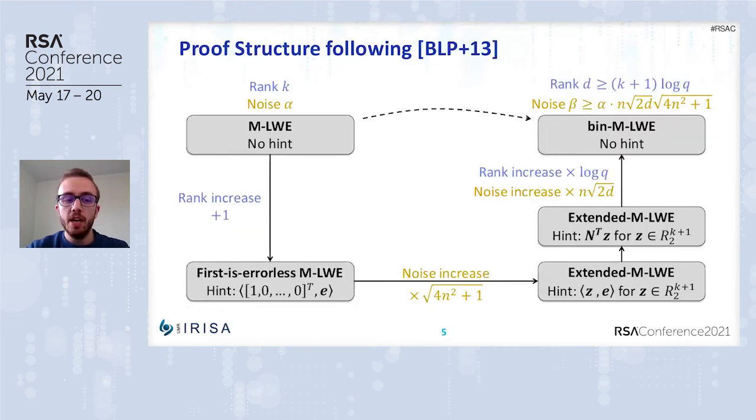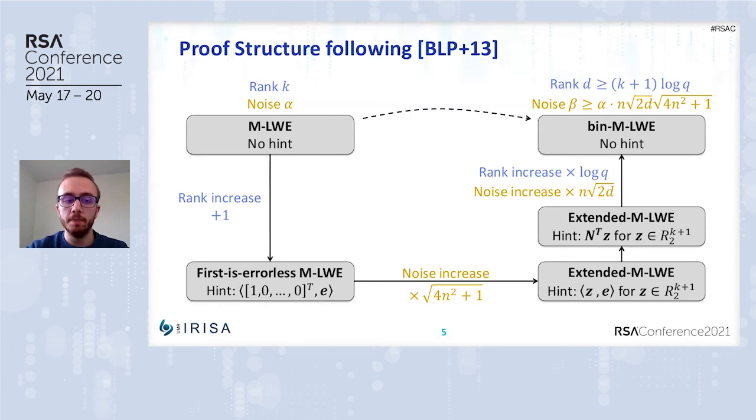So we can now dive into the core of our work, and here's an overview of the different steps of our reduction. We first reduce MLWE to a variant called first-is-errorless MLWE. It is exactly the same problem except for an extra hint on the error vector E, which is simply the first coefficient of the vector E. Then we reduce to another variant called extended MLWE, where we generalize the possible hints on E by allowing any